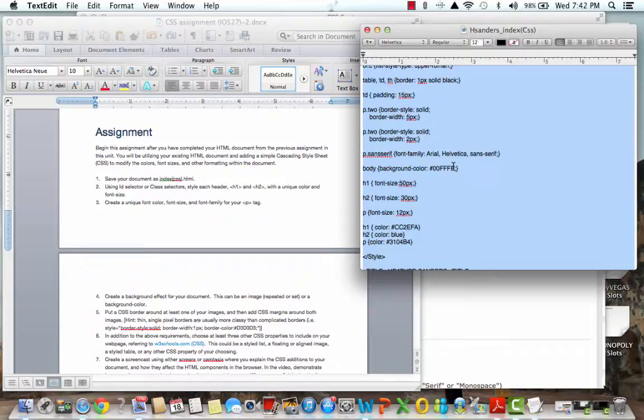And then the next thing that we went ahead and did was the font for the paragraphs, and changed that to Arial. It looked similar to Times New Roman already, so I decided to change it to Arial so that we could have some distinction between the two fonts, and I wanted to be able to tell whether or not it worked. Then we added in our borders,